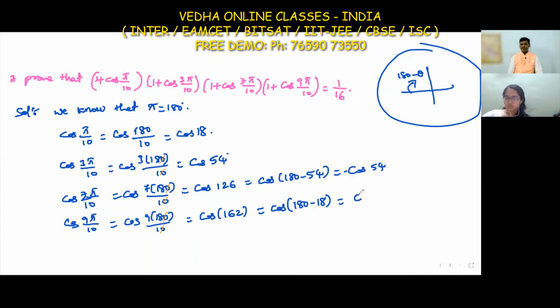When we have 180 minus theta for cos, we get cos only, with a sign change. Cos of 180 minus 18 is in the second quadrant, where cos is negative. So we have 18 and 54. Now substitute all these values in the LHS. Now LHS is equal to